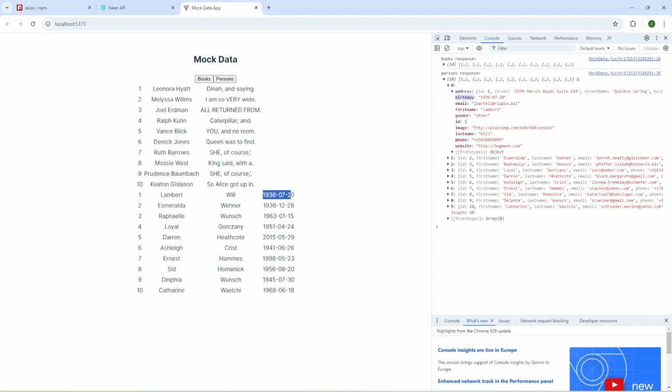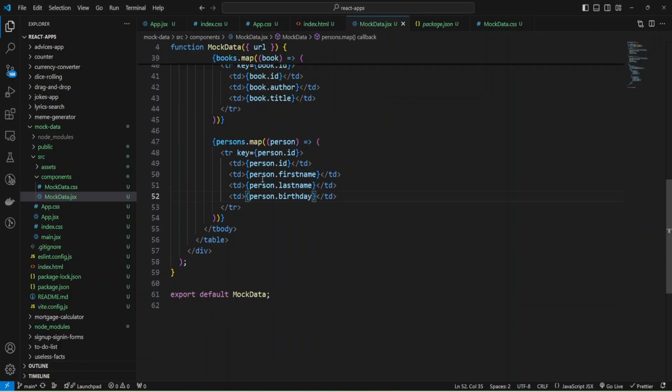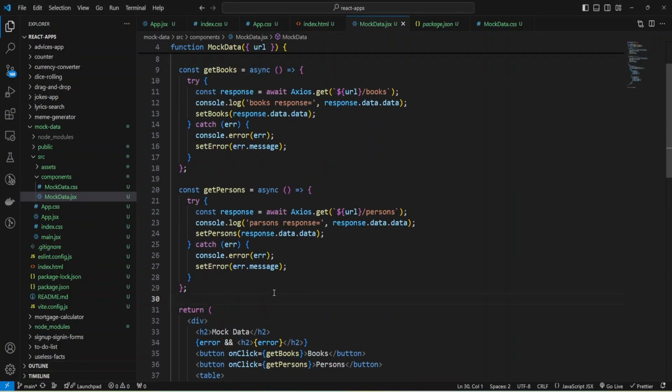Before each request, we need to clear the data, and I'm going to add a function.